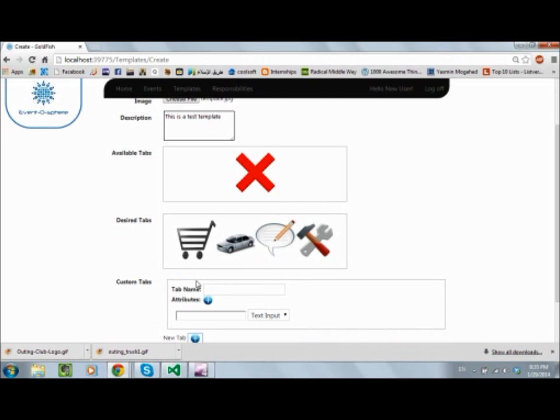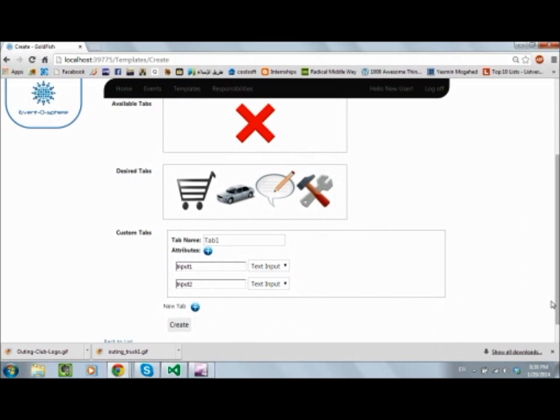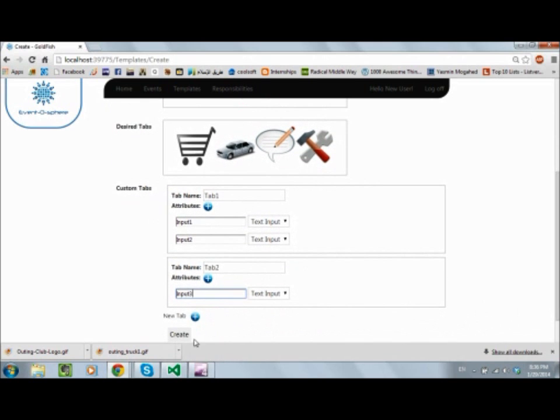So we have a new customize tab, we name it, and then we decide what input fields this will have. So we can have input field 1, input field 2, and input fields can be either text input, text area, a picture area, or a yes or no checkbox. And you can also have a number of different tabs. So let's say tab 2 here, and another text input. Okay, so now we're ready. We click create,